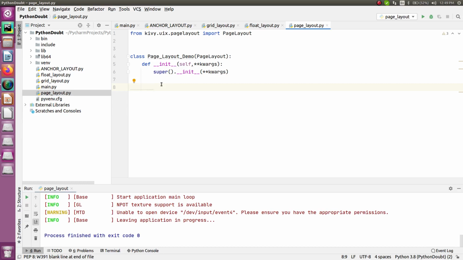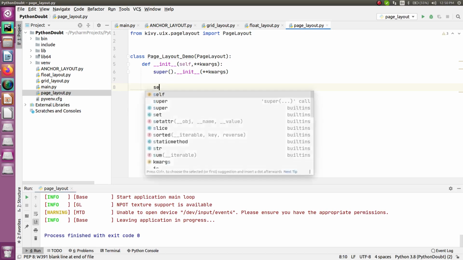So this is how I'm going to do it, right? For that, I'm going to use three different buttons. You can use different labels or any other widgets that you want to add to your project, so that's up to you. Similarly, now I'm going to use three different buttons on three different pages, right?